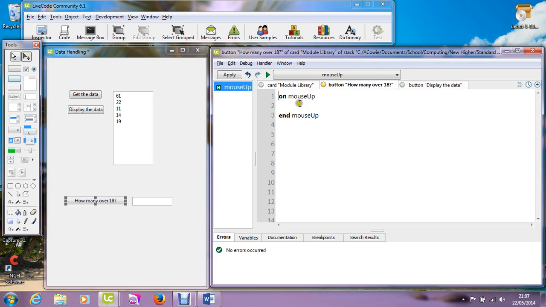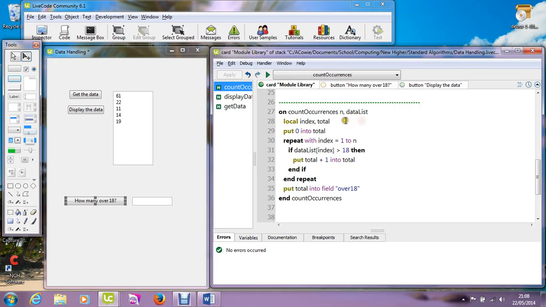So let's put that in there, occurrences. And again, I'm going to pass over 5, and I want to find out how many people in my ages array. And just to revisit the module library, 5 is going to come in as my value for n, and ages is going to be copied and called data list. And as I say, I could put the @ sign in, it would do the same job. I am duplicating the data, so perhaps this isn't a very efficient way of doing it,